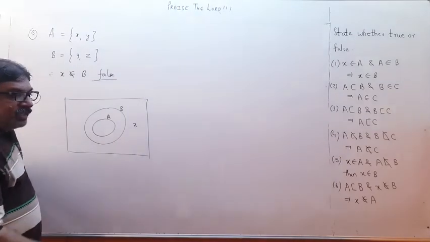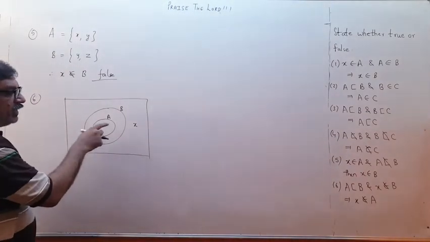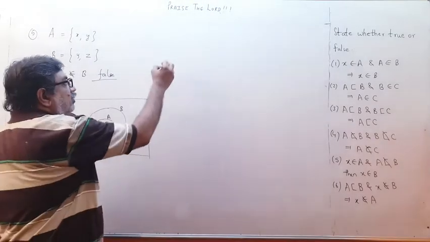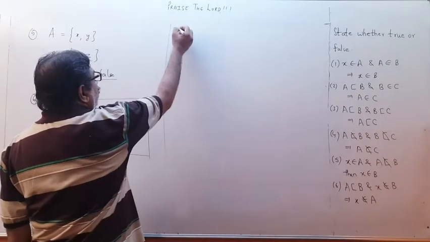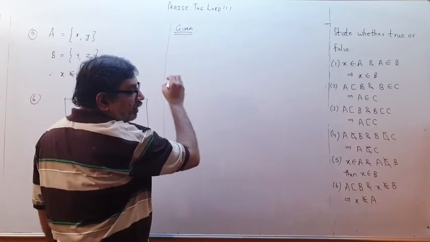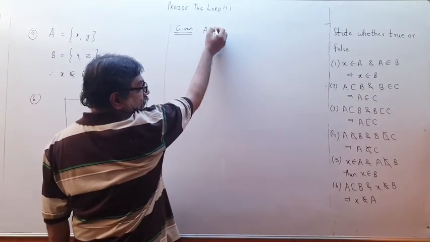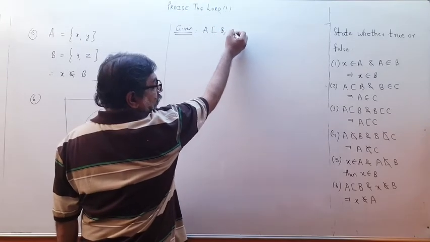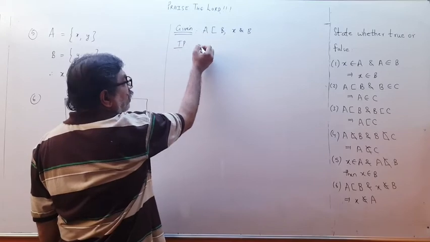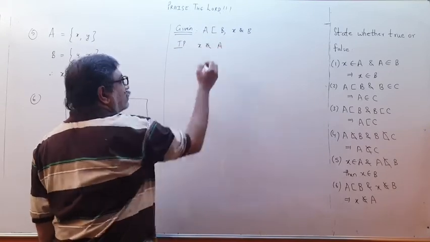Therefore X has to be somewhere here or anywhere else. X does not belong to A. Yes, we know. If X is not in B, it cannot be in A. We feel that it is maybe a correct proposition. So then we will have to prove it theoretically because we feel it is correct. So given A is subset of B, sorry, and X does not belong to B, we have to prove X does not belong to A.